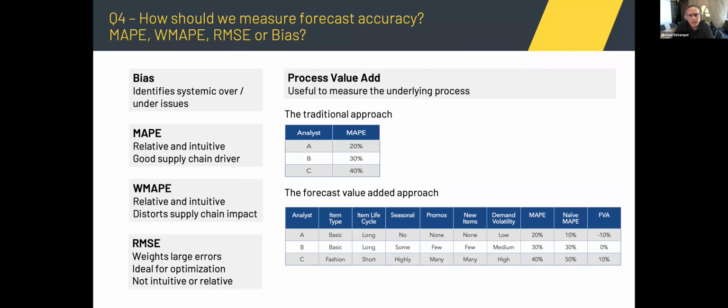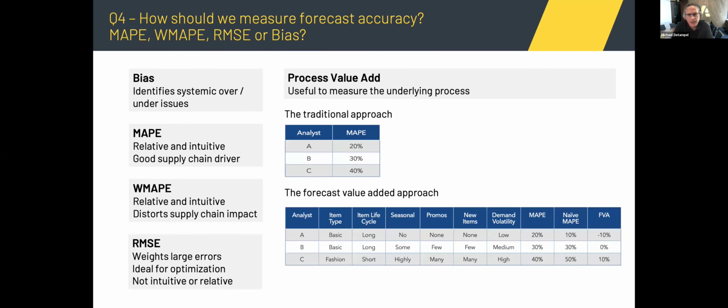One is when you're selecting your forecasting algorithm, you need some measure of forecast accuracy to help you understand which approach is performing well. It's very common to see one algorithm perform better on MAPE and another one perform better on a weighted MAPE or a mean squared error. So we always recommend you consider multiple metrics. It's possible you might find one that performs well across all of them, but it's a little bit of a balanced scorecard approach. But that just gets you to your algorithm, which is one input to the process.